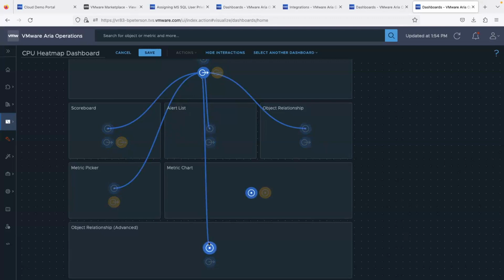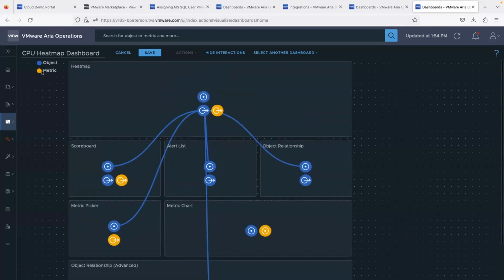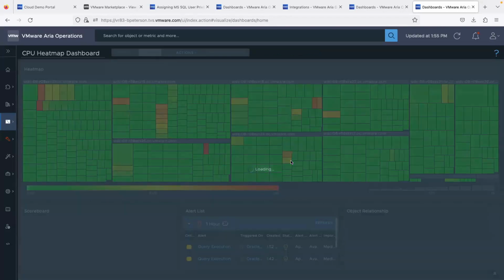So I'm just going to go through the process of connecting these widgets. Now, one thing that's a little bit of a gotcha that I want you guys to be aware of is you'll notice that the blue wires indicate the object. So object information is being provided to these other widgets. Orange wiring indicates metrics themselves. So for the metric picker, for example, I want to have an orange wire because I'm going to be outputting metrics as opposed to objects. Now, once I press save,